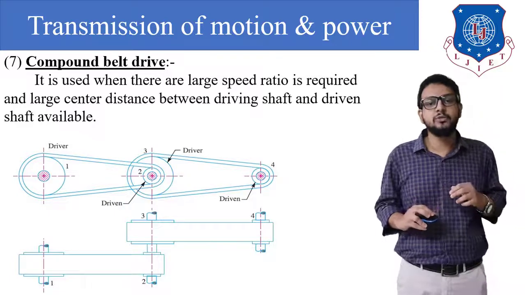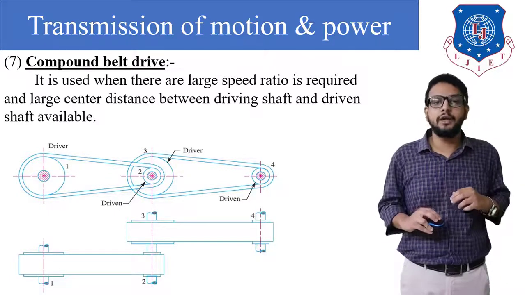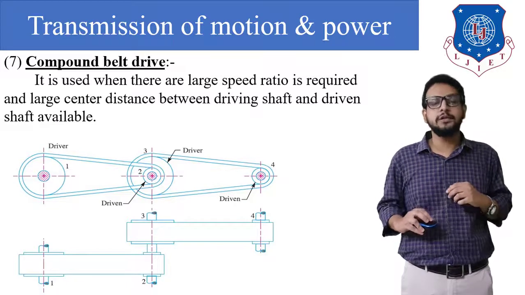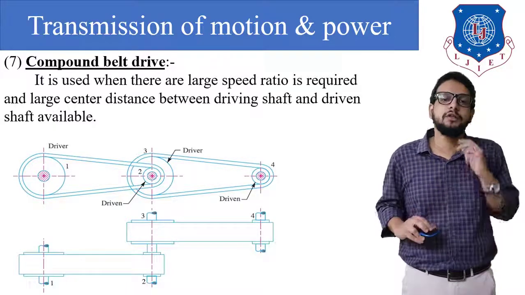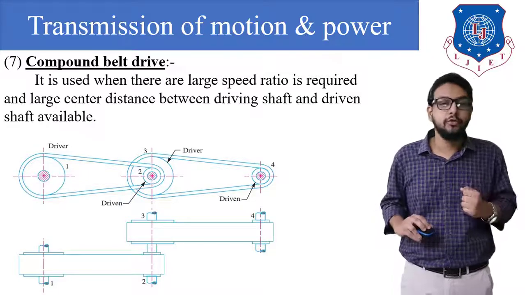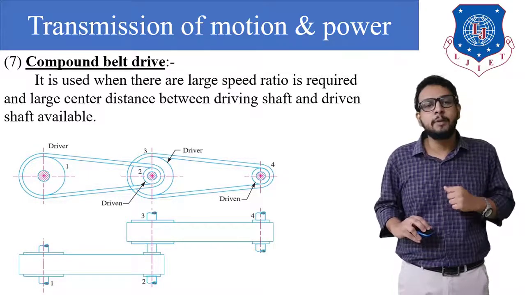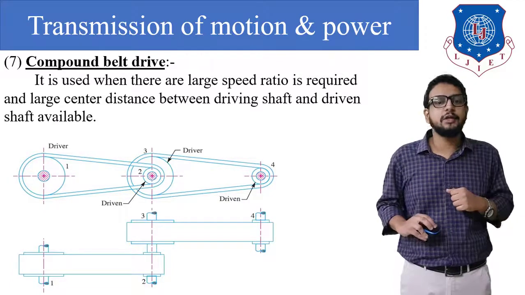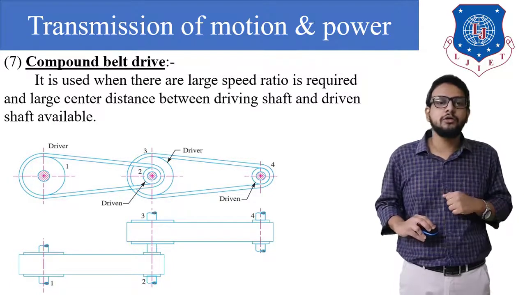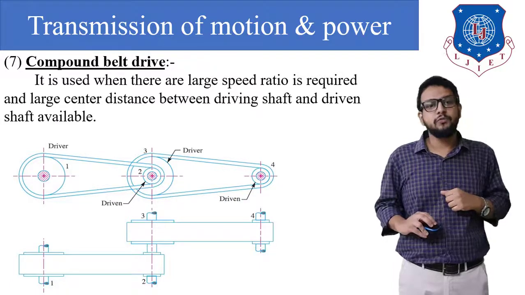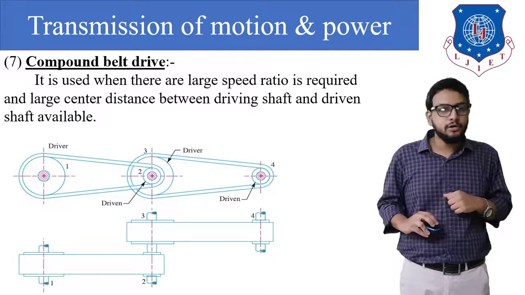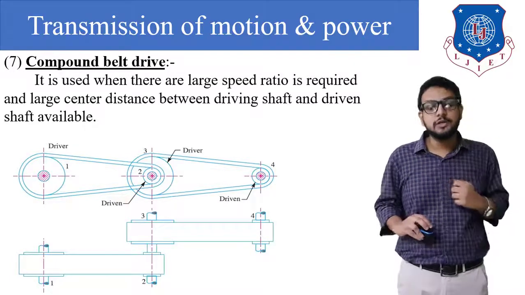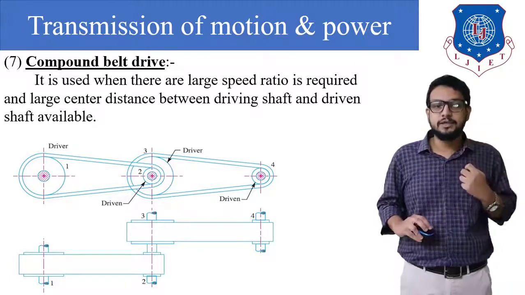Now in this case, as you can see, we have used an intermediate shaft on which we have arranged two pulleys, that is pulley number 2 and pulley number 3 on the same shaft. Now how is it going to operate? For example, let's say that our driver, that is the driving shaft, is rotating in a clockwise direction. Pulley 1 is going to transmit power to pulley number 2 by means of a belt which is of a smaller side. So a speed step up will take place, step up, right?